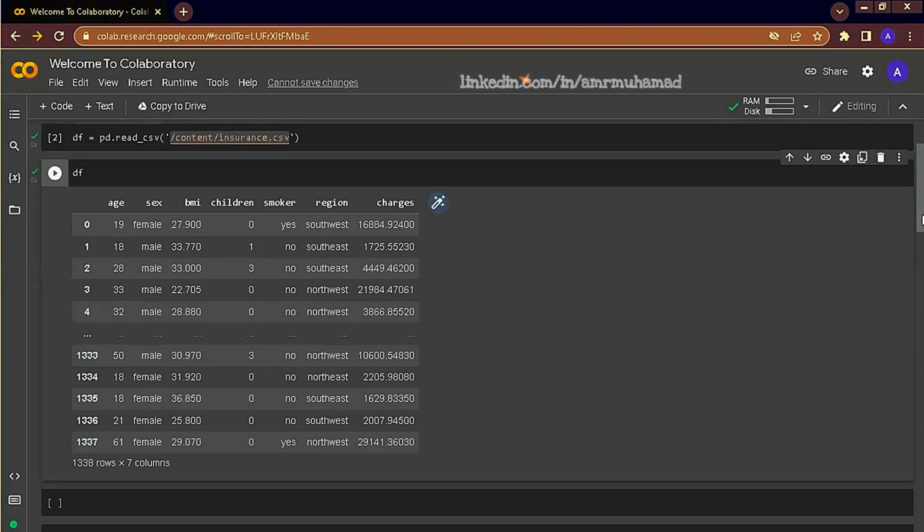This data is for customers of an insurance company, and it includes demographic description or features of each customer, such as age, gender, BMI, how many children, does he smoke or not, the region, and charges. Charges here is the amount of insurance expense that each customer has incurred during the period of assessment.